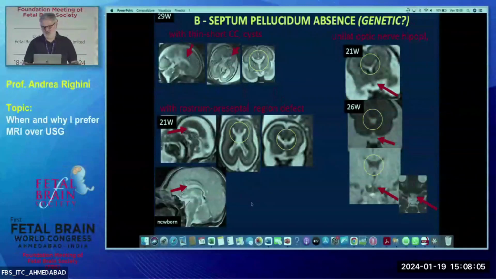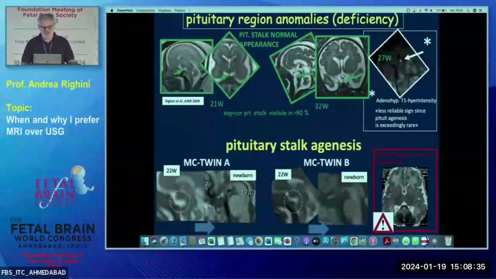And finally, as we saw in the beginning, when we talk about the so-called septal dysplasia spectrum, about septum pellucidum, about the importance of optic nerves. When you have a normal optic nerve and the other one is absent or thinner, you can say that it is unilateral hypoplasia. But if they are both thin, you cannot say for sure. So if one is healthy, the contralateral is healthy, it's much easier.